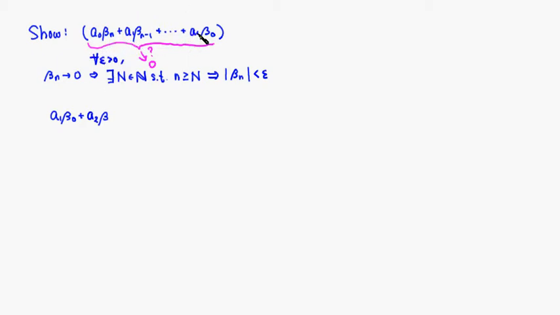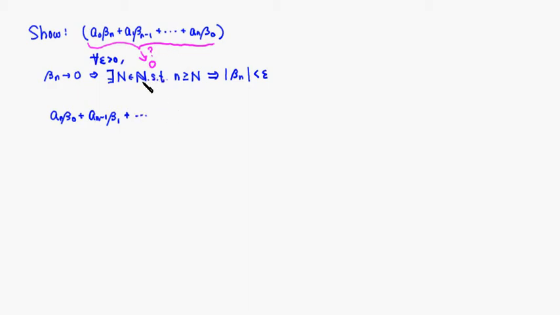This has to be AN. Sorry about that. So this is AN. I'm going to erase this. So the next term would be AN minus 1 beta 1, and plus, and all the way to,